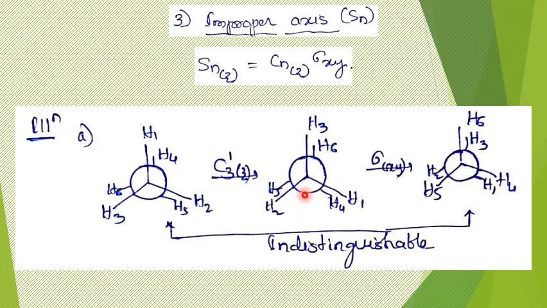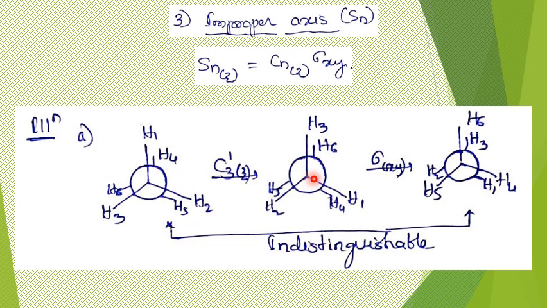So what I do is take a reflection of this molecule, or the reflection operation will be performed on this molecule on the XY plane. See, if this is the Z axis, the axis of the carbon-carbon bond, then this plane of the molecule will be the XY plane, right? That XY plane is exactly present between the two carbon atoms. You should imagine things. So that plane exactly passes between H3 and H6, similarly H1 and H4, similarly H2 and H5, and similarly C1 and C2. Exactly in the middle of the CC axis, that plane passes.